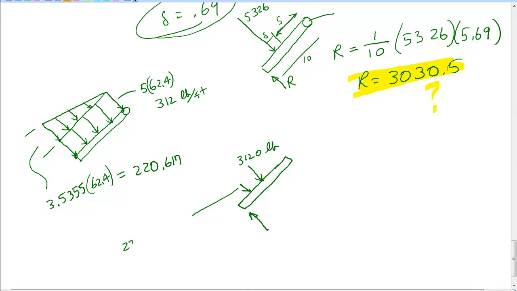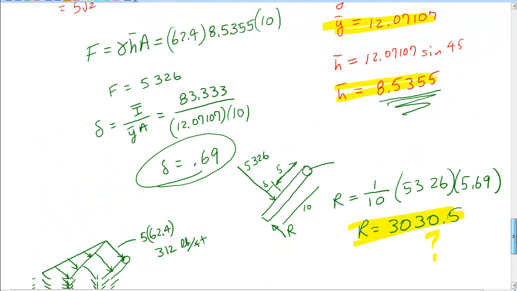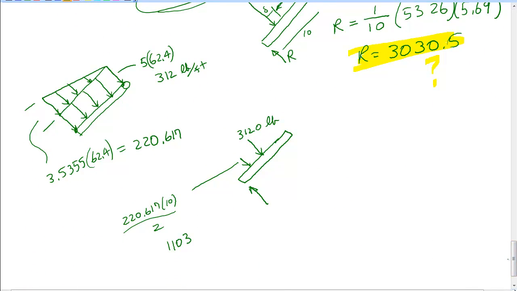This load is 220 pounds times 10 and then divided by 2. 220.617 gives you 1103. Now 1103 plus 3120